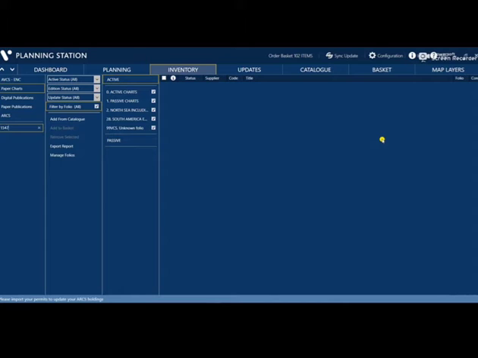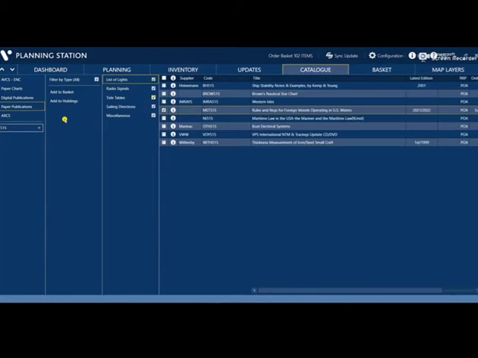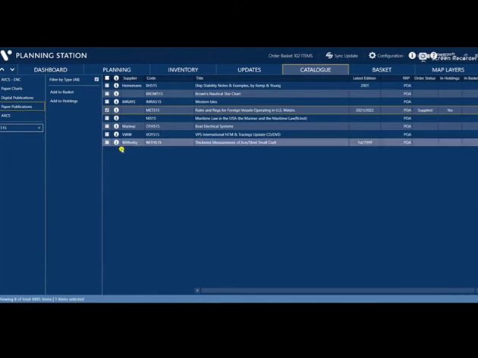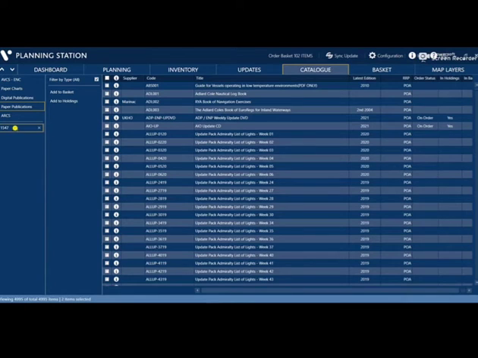So all you need to do is just click add from catalog, and the catalog will open, and you just type 1547 in the search.